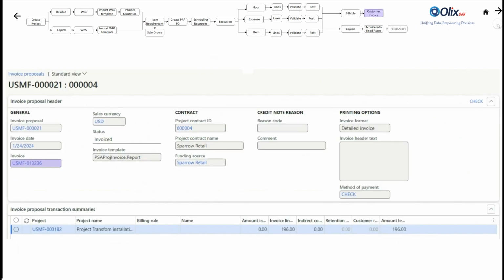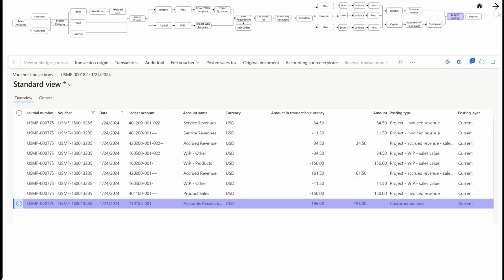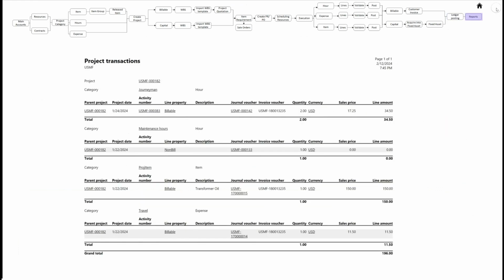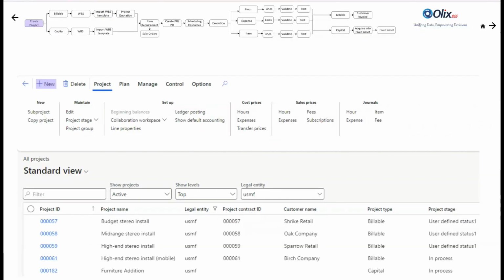The ledger posting for a billable project can be observed in the voucher transactions. All project-related transactions can be viewed in the project transaction report. Having previously outlined the process for billable projects, let's now elaborate on the procedural flow for capital projects within OLX